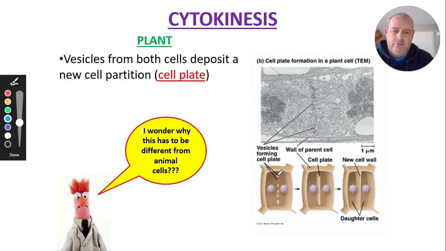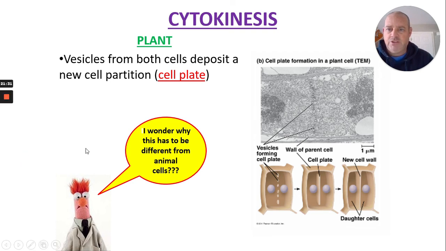And these vesicles, what do you think they're dropping off right here? What makes up a cell wall? Anybody remember the polysaccharide that makes up a cell wall in a plant cell? It should be cellulose. So vesicles are coming along and they're dropping cellulose right here to make that cell plate. And ultimately, once it's all the way across, that is called a cell wall. And then you get your daughter cells, which is kind of the result of mitosis.